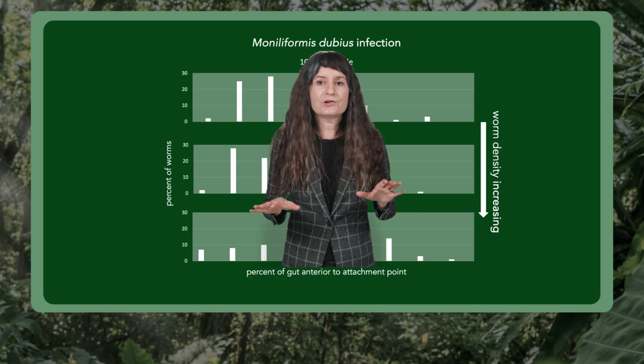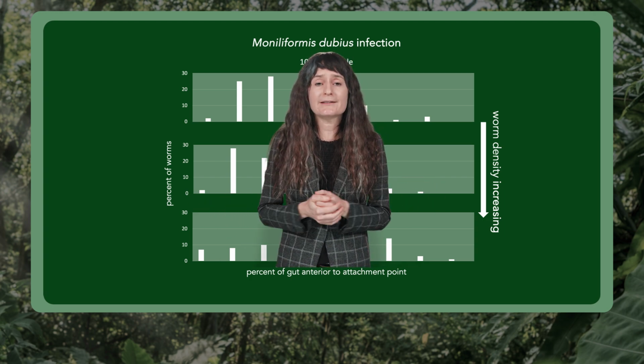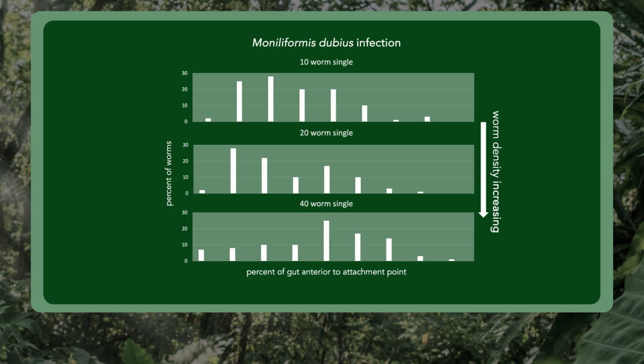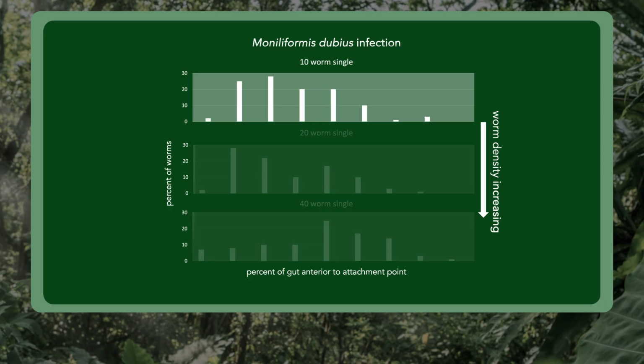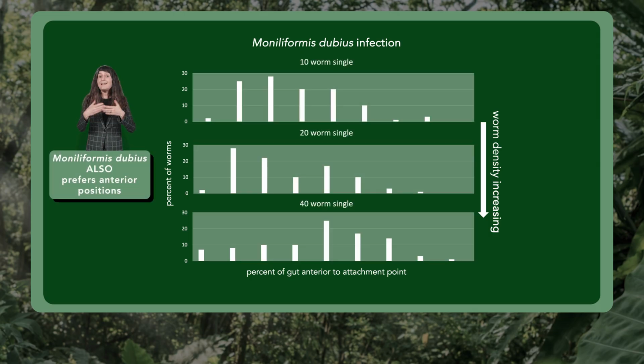First, let's get to know our potential competitor. Does it also like the anterior gut positions that Hymenolepis diminuta likes? Let's do the same kind of experiment with Moniliformis dubius. A small number of these acanths, a moderate number, and a large number. And yes, indeed, when they are at low densities, they seem to like roughly the same position in the gut tract as Hymenolepis diminuta does, probably because that's where the pH conditions are the best and the amount of nutrients available for absorption is optimal. The more acanths we add, the more worms get displaced into suboptimal habitats outside of that preferred range.